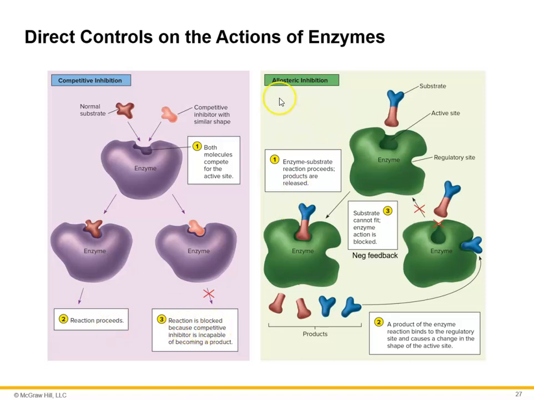Now, on the other side here is allosteric inhibition. You can see the enzyme, you can see the active site, and then here's the regulatory site. Here's the substrate. So the substrate binds to the active site. It produces products, but one of these products comes around and binds to the regulatory site on the enzyme. And that closes this active site off, and no more substrate can bind,